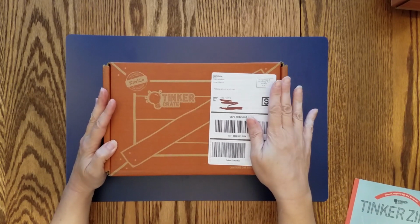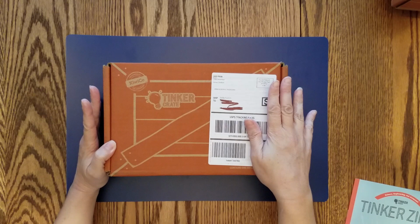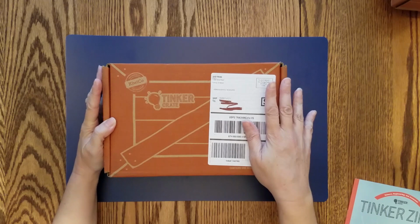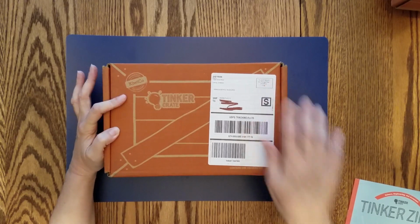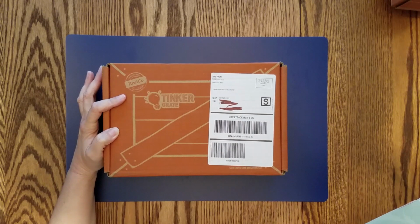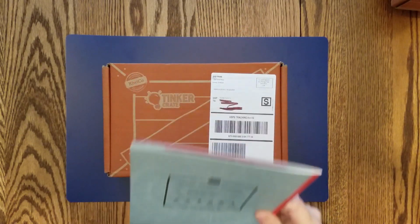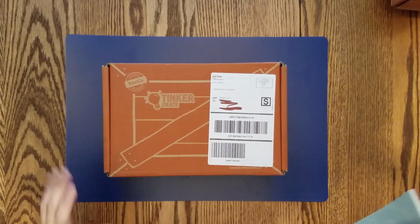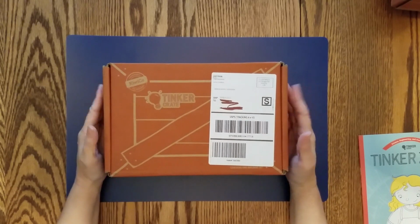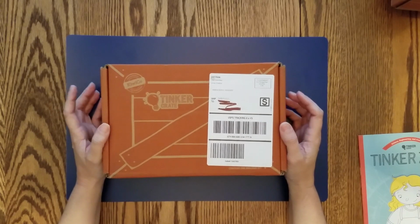It's a subscription service for STEM type projects, and KiwiCo is the parent company behind this, and I believe that the Tinker Crate is for ages 9 to 16 plus, it says. Now I have an 8-year-old, and when his auntie was looking at ideas for a Christmas